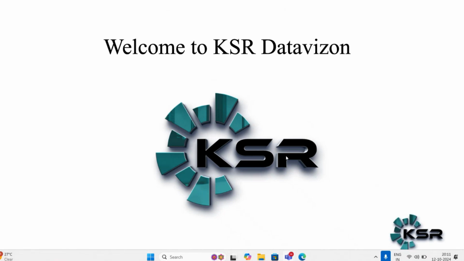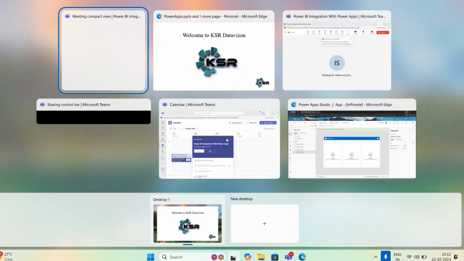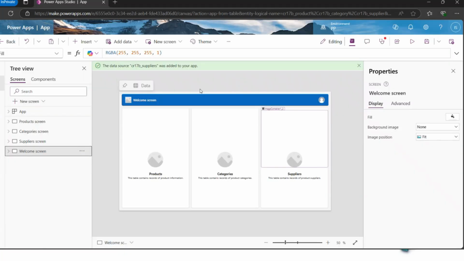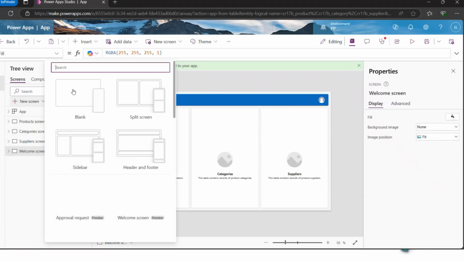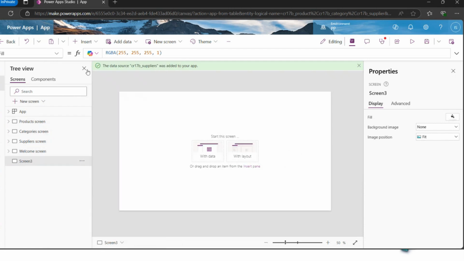So today we will be discussing how we can integrate our Power BI reports into Canvas Power Apps. So let's see this thing in action. For that, let me open the Canvas app. So suppose this is the Canvas app that you have. Okay. So in this Canvas app, suppose in the new screen, you want to add a Power BI report or